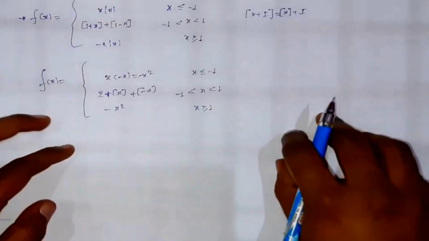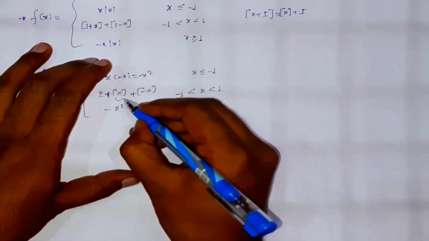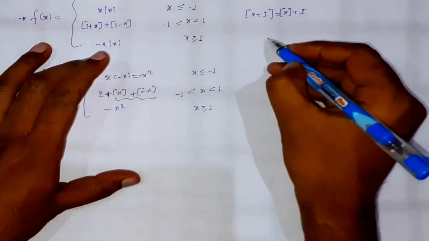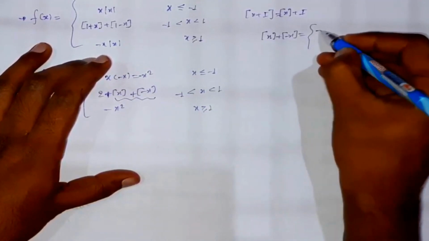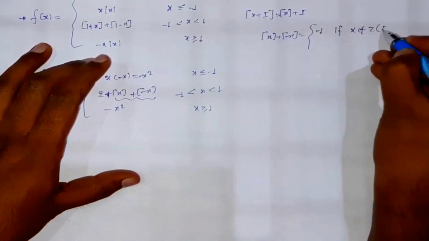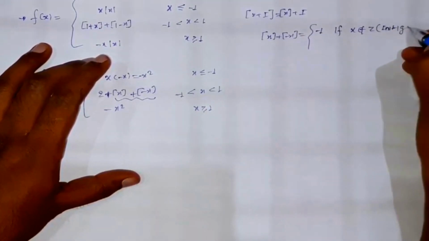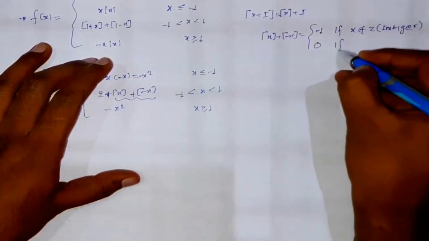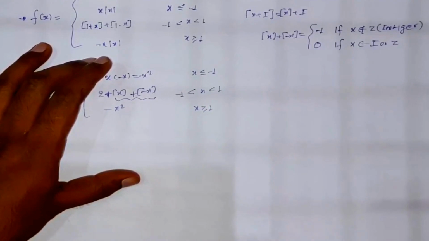Now what we will do, we will simply draw the graph of this function. This is very simple right now. Before that, you should remember the graph of this function or the values of this function. So it will be very easy for you. Okay, so we know the values of the function are like minus 1 if x does not belong to Z, that means integers. It will be 0 if x belongs to integers, or we can say Z. So I hope it is clear to all of you.